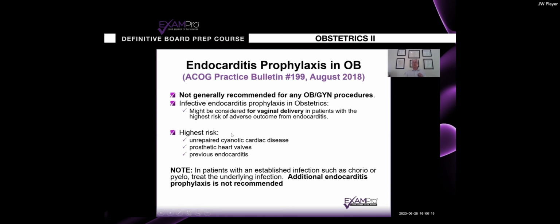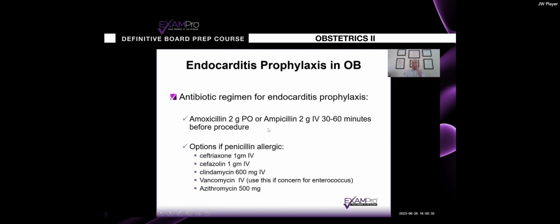But any of these three automatically qualify for antibiotic prophylaxis for an uncomplicated vaginal delivery. Otherwise, there is no specific recommendation for any of the minor valvular disorders. And for people who had appropriately corrected congenital disease, ASDs, VSDs, tetralogies, things like that. So if you need to know it, and this is just for reference, if you have to discuss it in